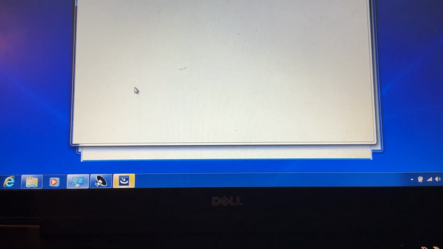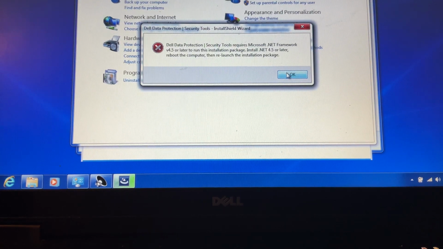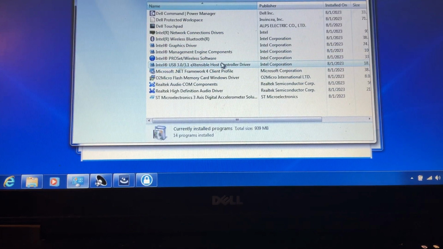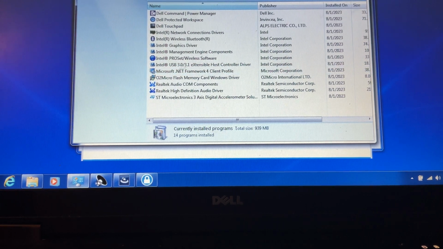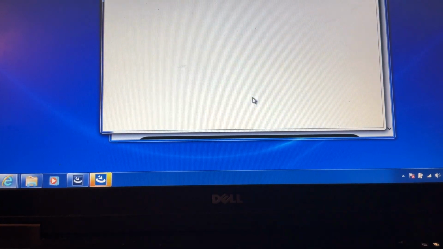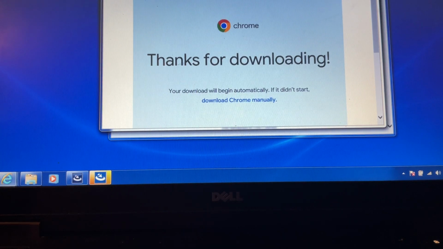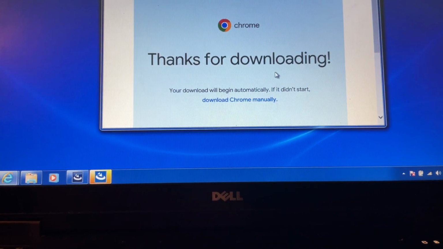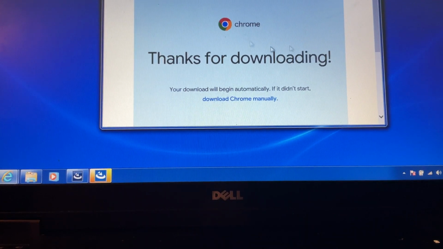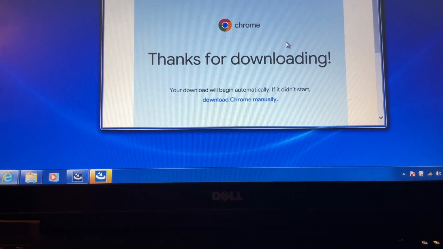And I'm going to check the programs just to be sure. I heard an error. It looks like no, it did. Framework 4 client profile. The browser built by Google. That's what we're going to install. Download should automatically begin. And I'm going to use this browser to install Microsoft Edge,